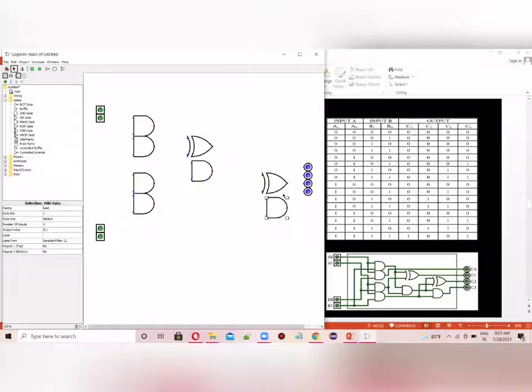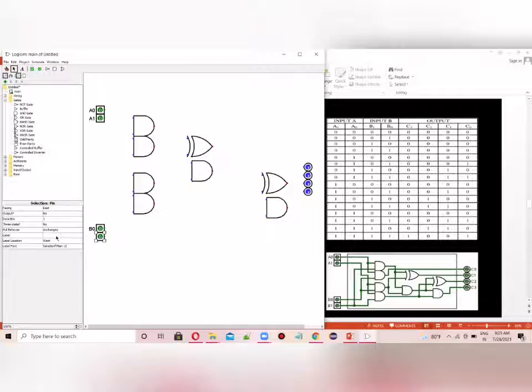Now it's okay. Now let's name these inputs. This as A0, this as A1, so it is the subpart of A. And now this as B0, and this one as B1.